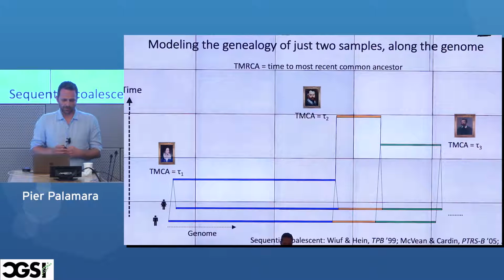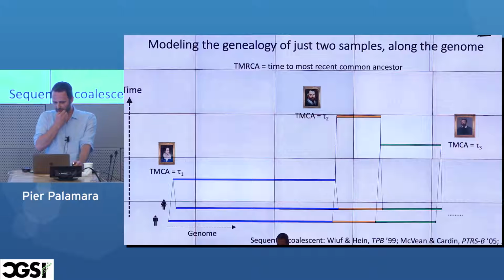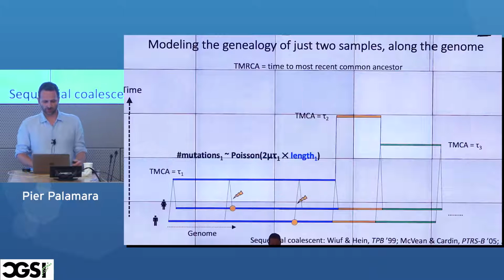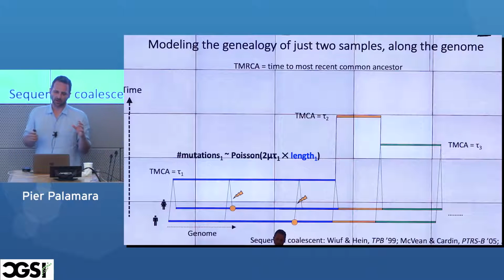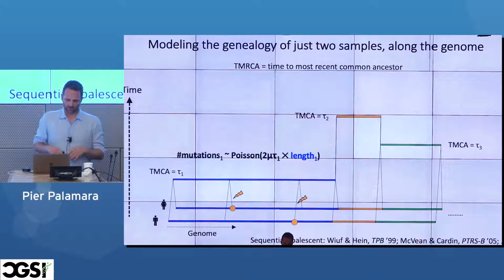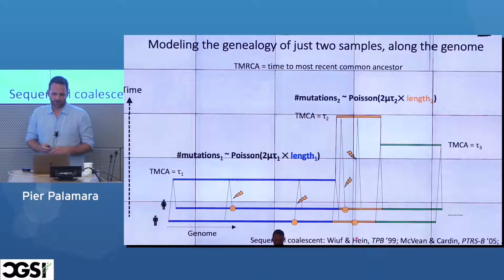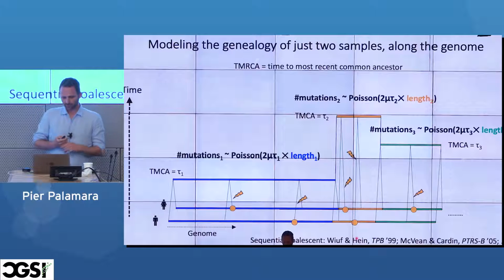And again, if you want to simulate two genomes' worth of ancestry and SNPs, once you have simulated this kind of graph, all you have to do is add mutations with some kind of Poisson process. So at each block, for each segment that I have here, I just sprinkle mutations with a Poisson random variable. The number of mutations is Poisson, and then where they land is just uniform on either lineage. And that's how I can add mutations. For each block, I can do this.